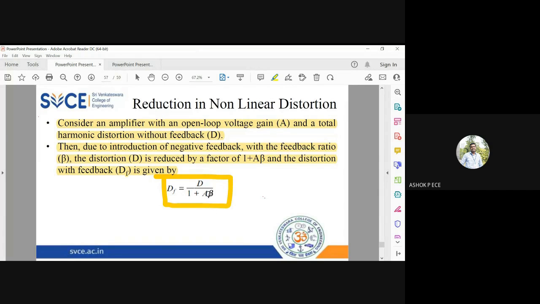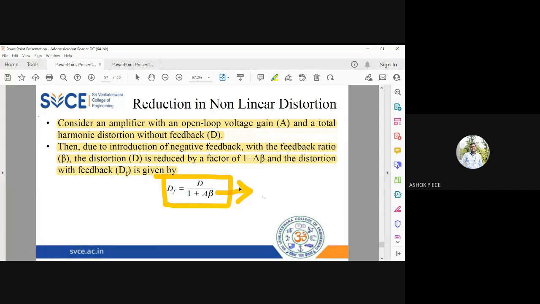And you know this 1 plus A beta is called by a term. It is called as desensitivity. Capital D. So don't confuse this D with whatever D we are studying right now. Whatever D we are studying right now is distortion. We are just meaning to say here that negative feedback is going to reduce your distortion by an amount called 1 plus A beta. Okay. So this is the formula for distortion after feedback equal to distortion without feedback divided by 1 plus A